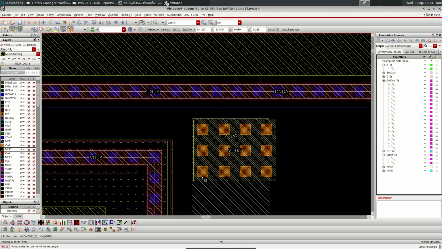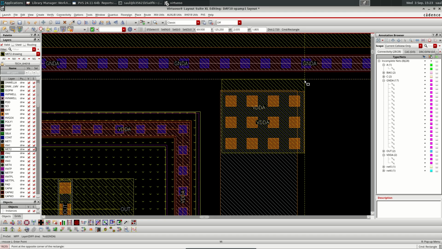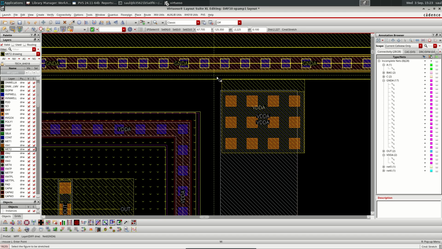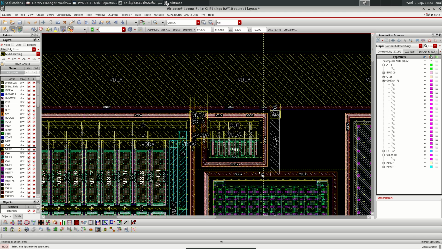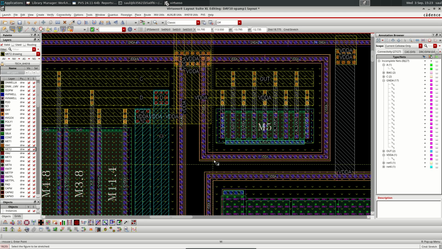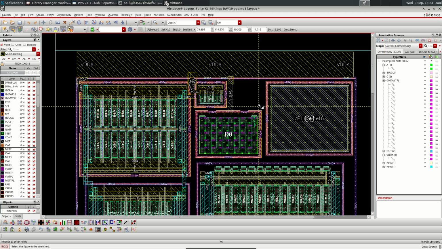You can use a rectangle instead. So we do the connection to VDD. Now the N-well connections to VDD are separated from the transistor and for the resistor, and I will do exactly the same